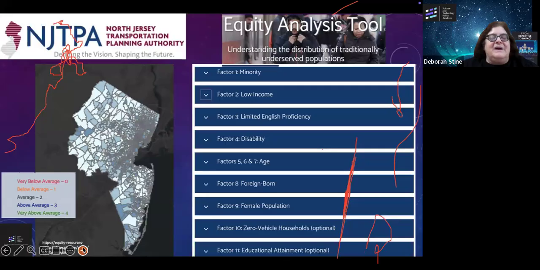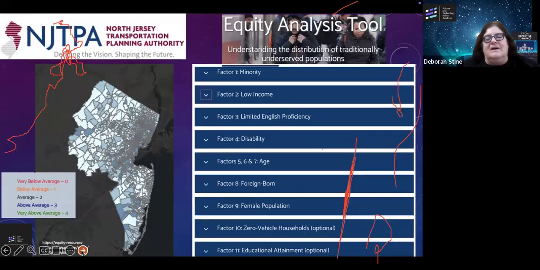So here's another one. I just want to let you know that some states or planning authorities have these things. This one I just picked out is from New Jersey, and they said it was based on one that was in Delaware. And you'll see here, again, they have all sorts of useful data, like, for example, the zero vehicle households. That's something I was looking at in West Virginia, because only about half of the counties in West Virginia have any sort of public transit access. So when you don't have a vehicle and there's no public transit option, it can be a real challenge to get to medical facilities.